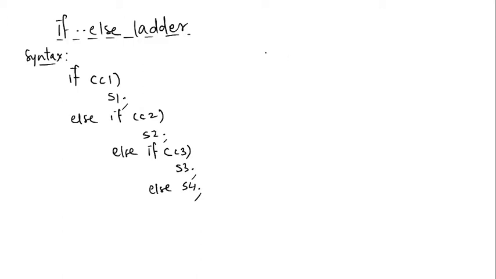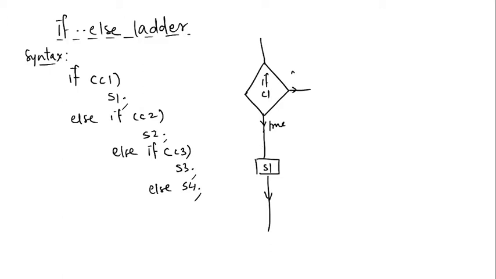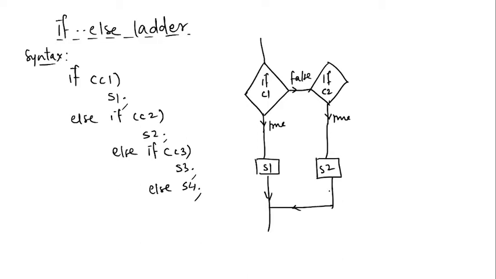So if you try to look at the flow diagram, you'll be able to see something like this. If C1 is true, then you're doing S1 and you're going down with the next statement. If it is false, then you're supposed to check C2. Sorry, my mistake, C2. If C2 is true, you're going to do S2 and then that will be the end of it. If C2 is also false,